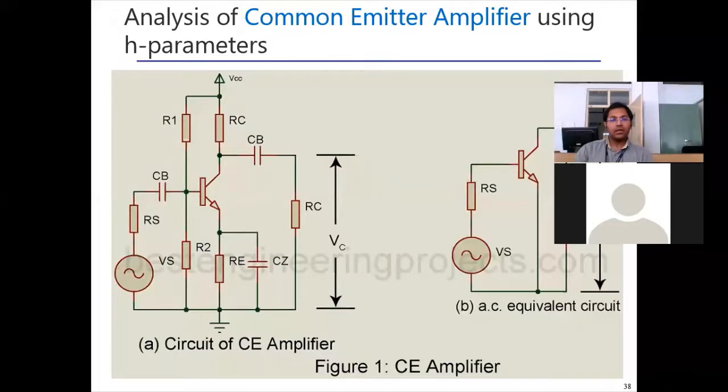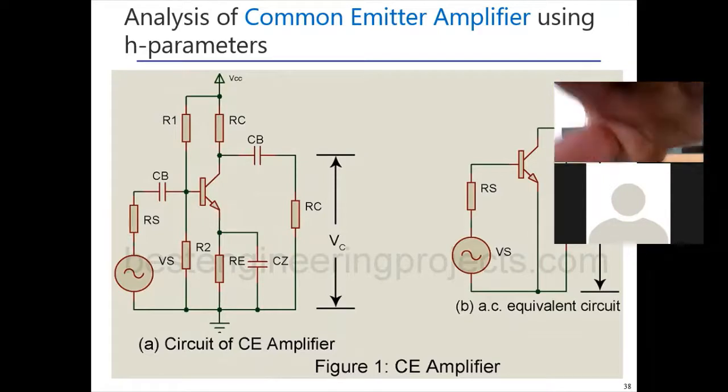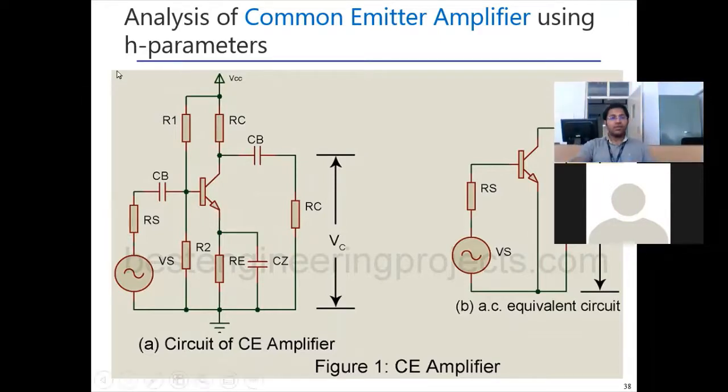So in the last class, we were dealing with analyzing an amplifier circuit using H parameters. Why did we have to do that? Because in this circuit, we do not know the details of this component. If you have just resistors and inductors, you can use your KVL, KCL, and analyze those circuits. But now we do not have the details of this component, which is the bipolar junction transistor.